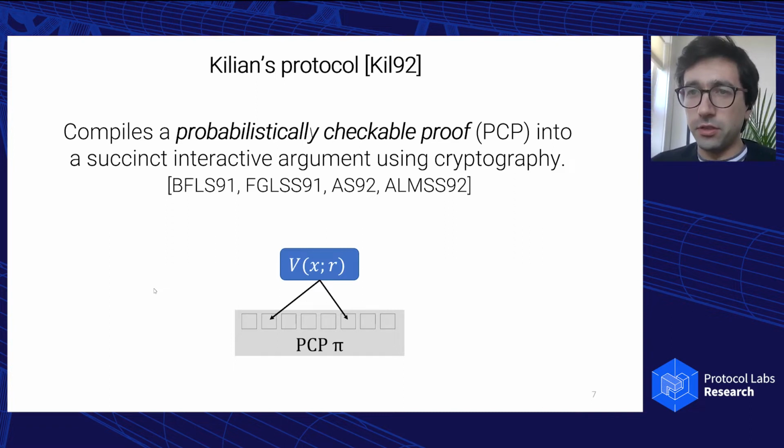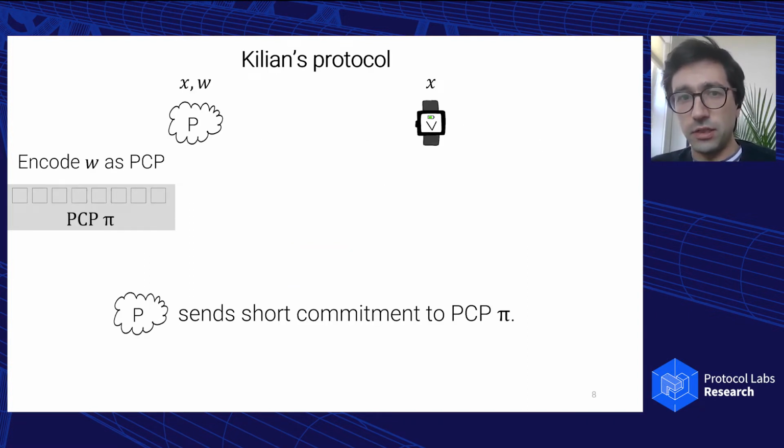So I'm just going to recap Killian's protocol from the 90s. It's quite simple. You have a thing called a probabilistically checkable proof. This is a type of proof system where the verifier, rather than receiving the entire proof and reading it in full, receives oracle access to a proof, which is potentially quite long. But it only needs to look at a few positions in the proof, chosen at random, in order to make a decision. The fact that these proofs exist was a major breakthrough in complexity theory in the 90s. And using these proofs, you can build a